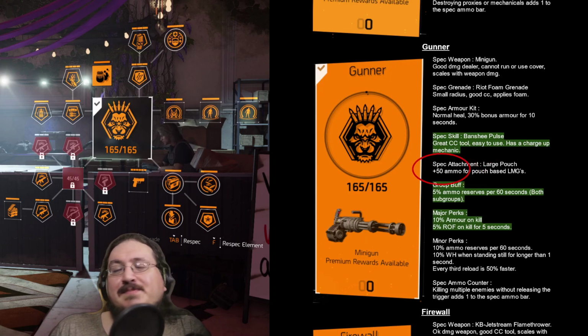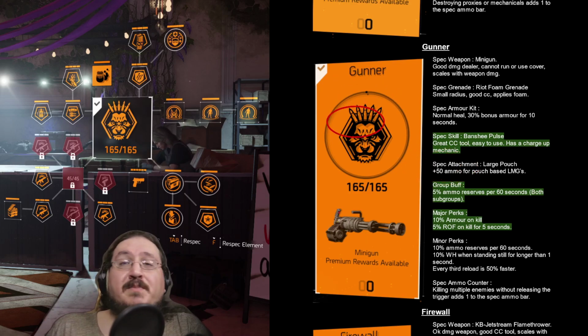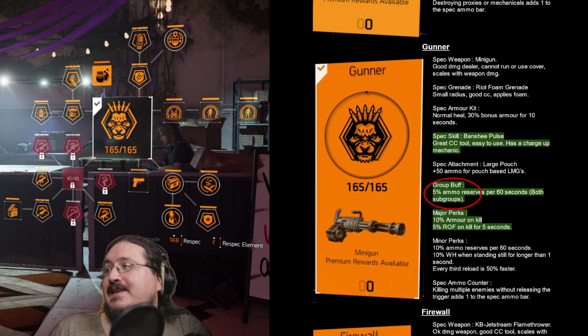Making this, just because of the usage of the LMGs, not the most important thing. Generally, you can go with an RPK on a build, and you don't per se need to be Gunner. Then we have the group buff, which is actually a pretty good group buff, as it is a 5%